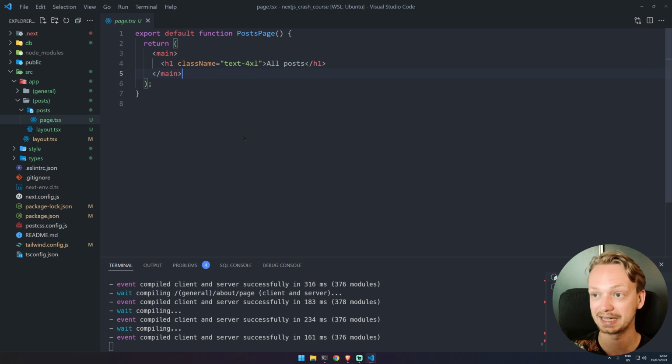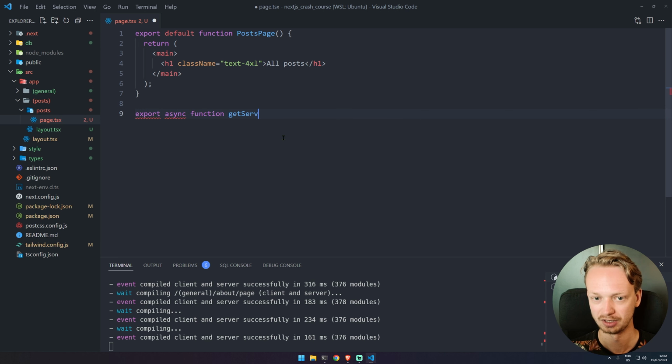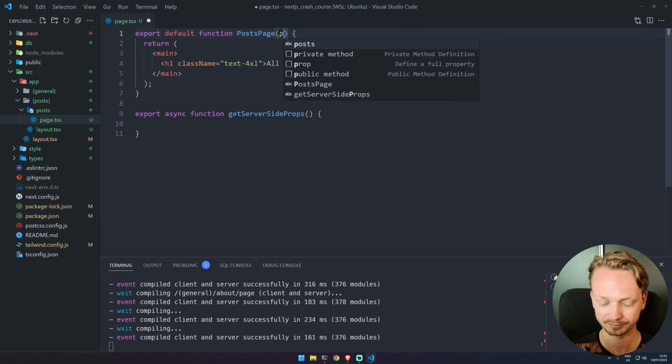If you're familiar with Next in the previous pages router, you may be familiar with the export async function getServerSideProps. So with normal React, of course, which runs on the browser, we have to do our fetching client side in the component itself. With the previous pages router, you would be able to get this separate function to get data asynchronously. When this page component has to be rendered on the server, we first run this function that will be awaited. We then would fetch our data in here,